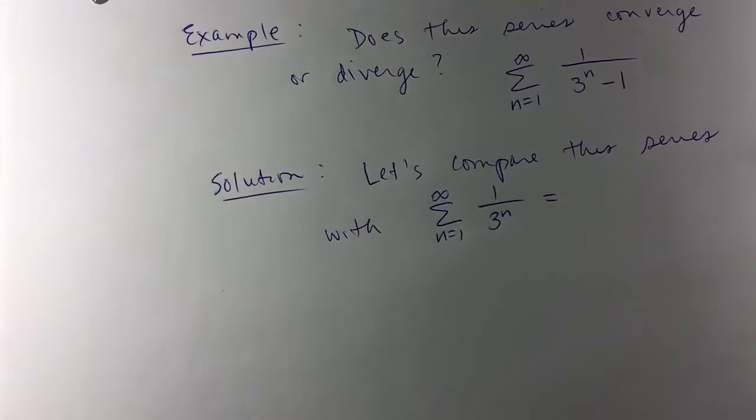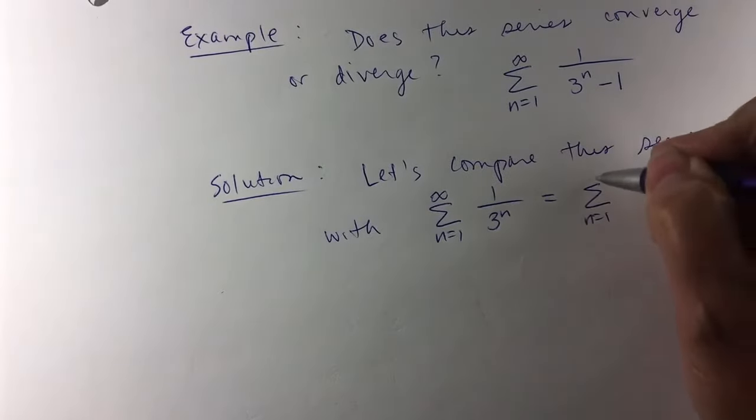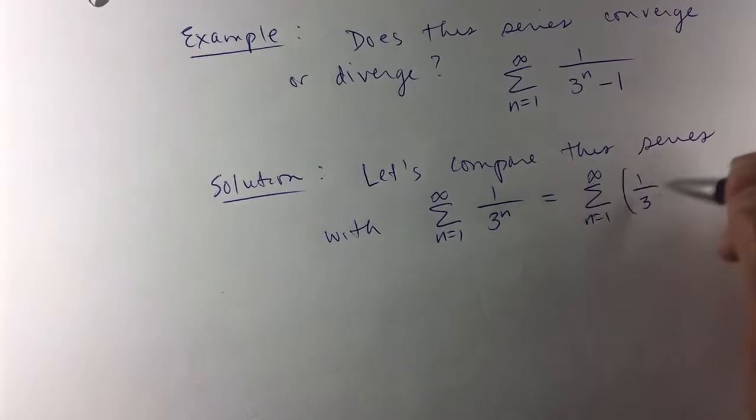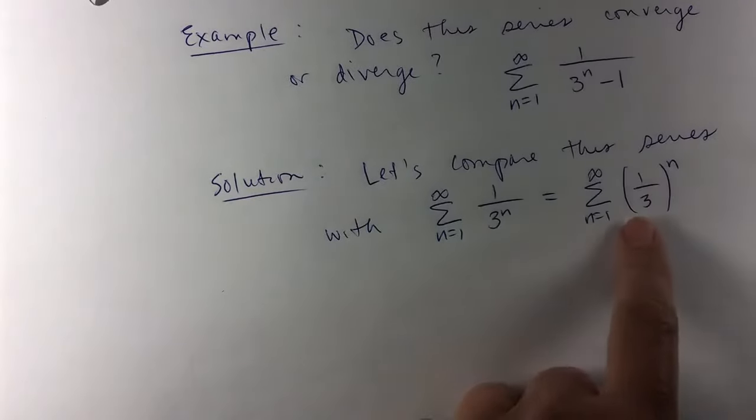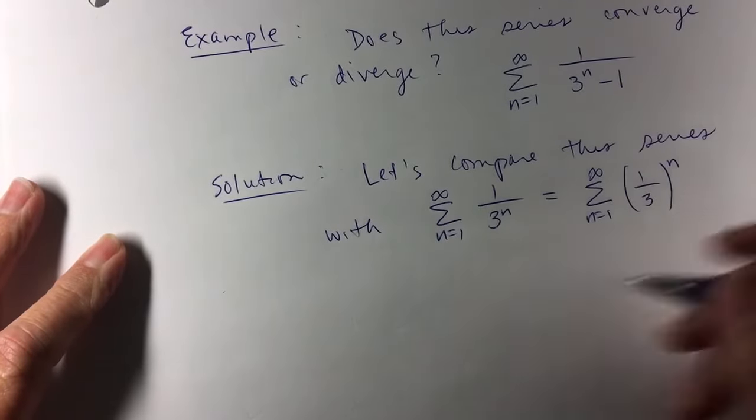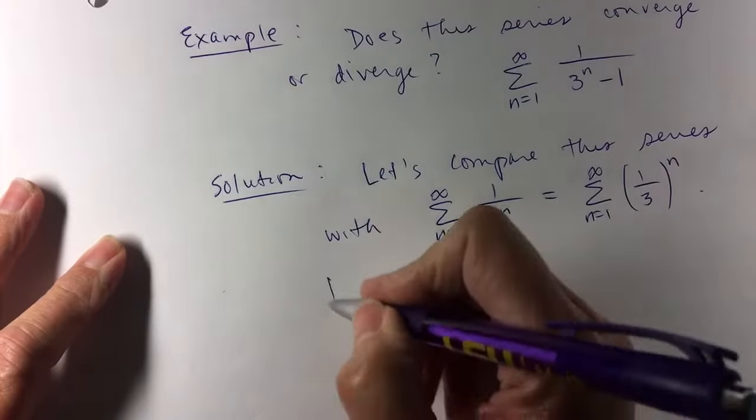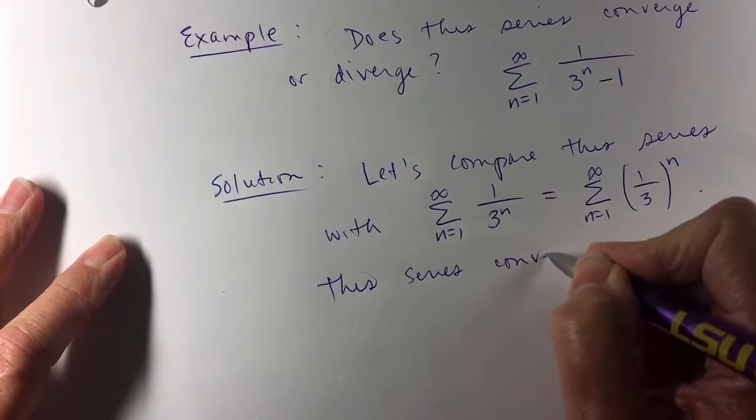Because that one is, what kind of a series? It's geometric. I could write this as the sum as n goes from 1 to infinity of 1/3 to the n. It is a geometric series, and r equals 1/3. So r is between -1 and 1. So this series does what? Converges. And now I'll put a little bit about that. This series converges